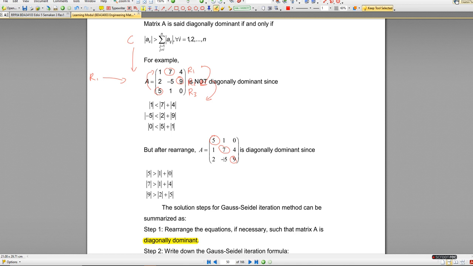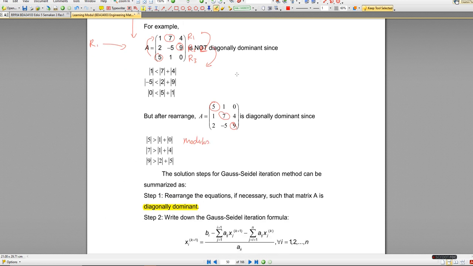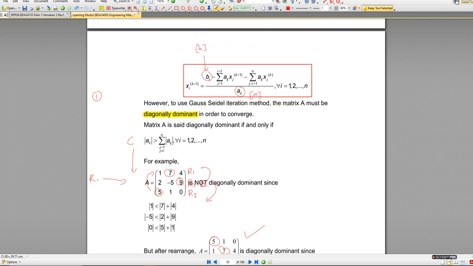Neglect the plus or minus symbol. Okay, like this one, modulus. Modulus. Okay, this is correct. Then once you got the diagonally dominant, then you can go through for